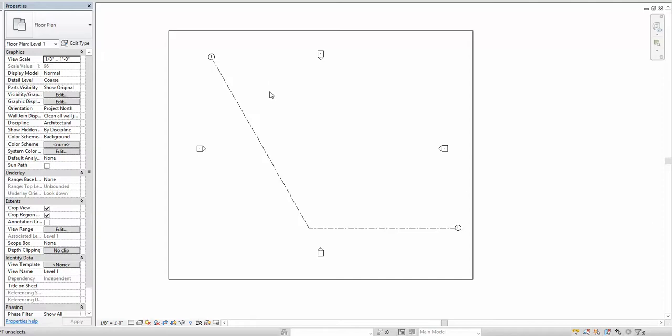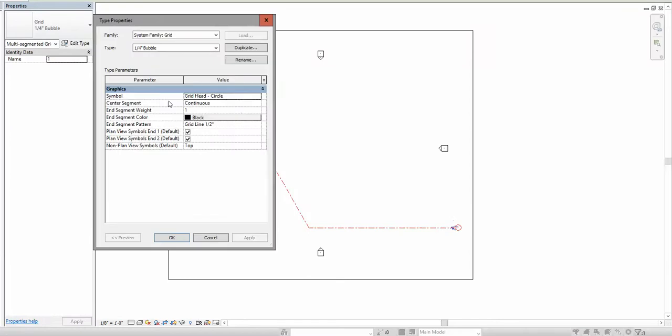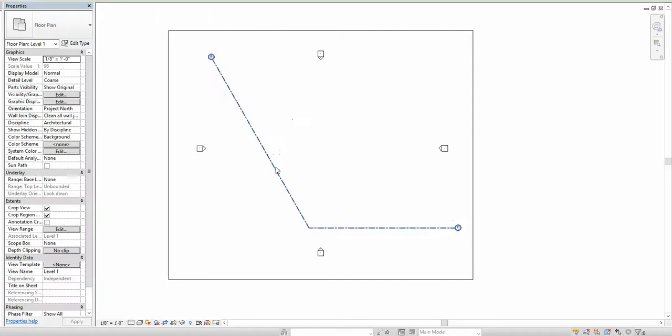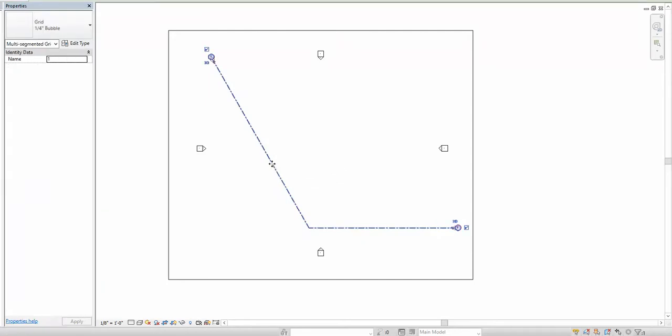Quirky behavior, multi-segment grid, and the crop boundary. This crop boundary is turned on, and it's obviously visible in this case. The grid object that I'm using has a type setting where both ends should be showing the annotation circle or text. The interesting thing that happens when you move this segment, when the crop boundary comes into contact with this,